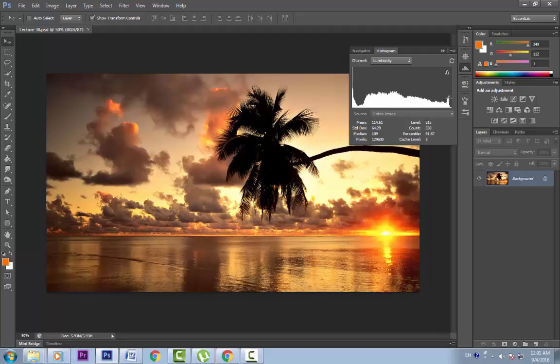You can see that this far left spike is quite high because we have these black pixels in here. We don't have any pixels in the far right area. This means that there are no pixels in this image which are purely white or bright. These spikes represent dark to medium dark areas like these, and these spikes represent the highlights, like these areas. It's easier to interpret the graph with this option set to luminosity.